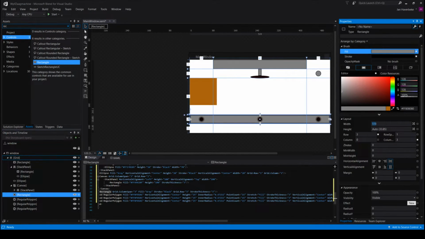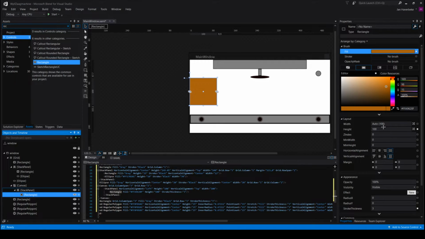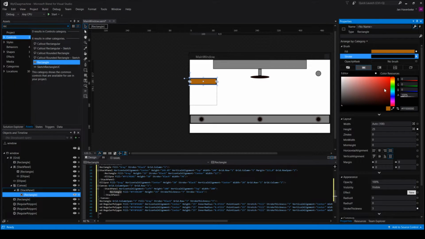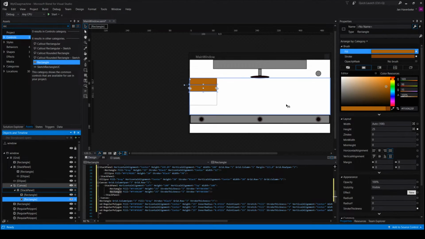So rectangle with a height of... width is 500. Oh, I did something wrong here. It's not, it's this rectangle. So a width of 100 is good, a height of 25 is better, and a border, a stroke. So a stroke thickness of 2 will be enough, and then just you can Control copy, Control V,